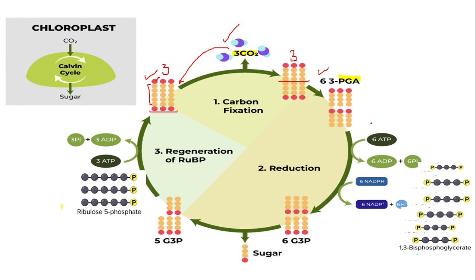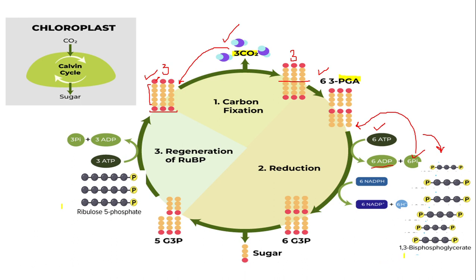So the 6 ATP molecules will split into 6 ADP molecules, and there will be the formation of 6 inorganic phosphates. And each of these 6 inorganic phosphates will attach to the other end of a phosphoglyceric acid molecule, and will result in the formation of these compounds, and these compounds are known as